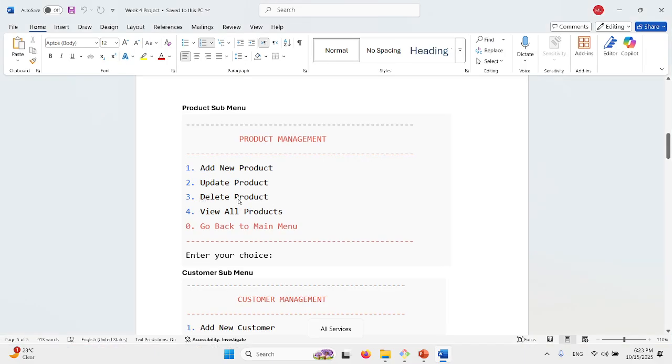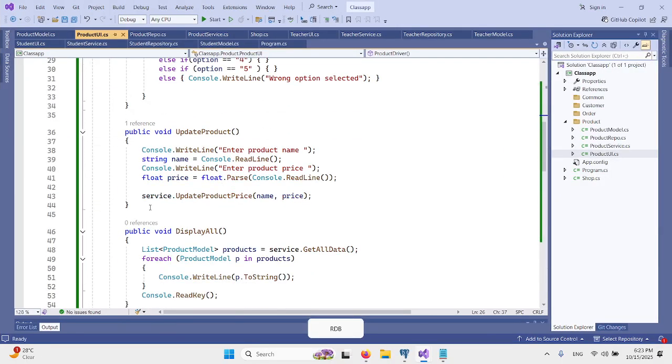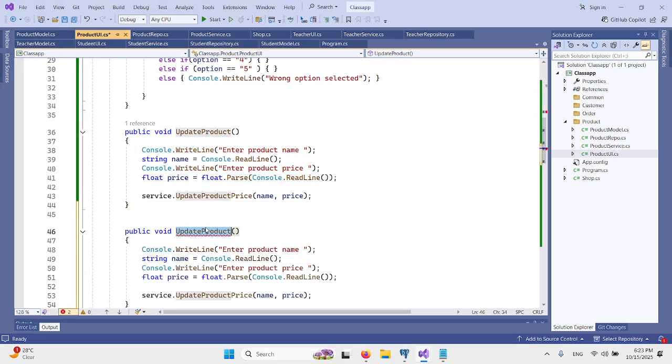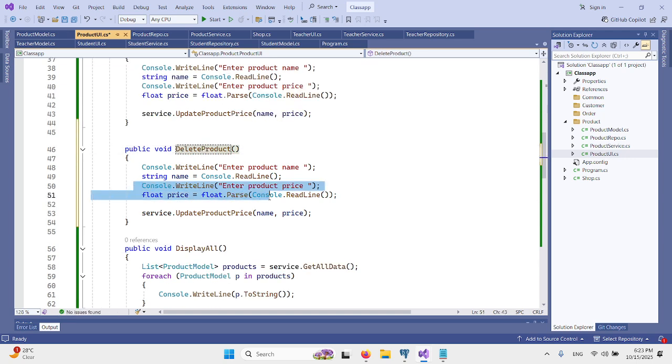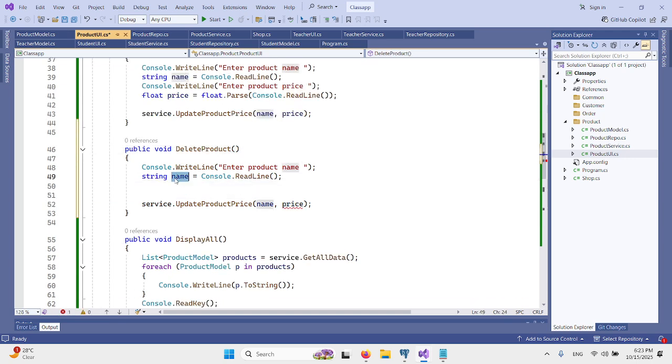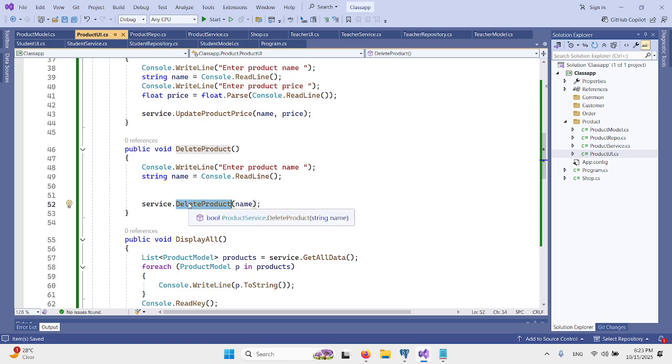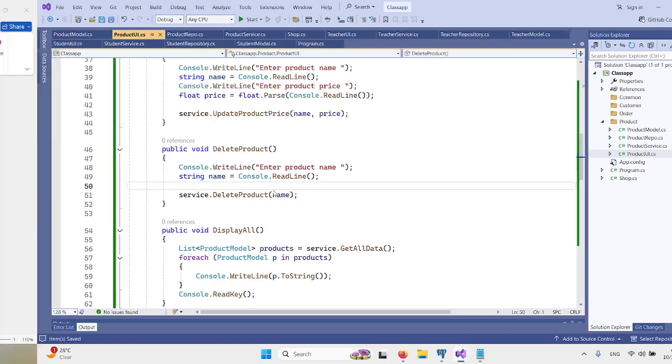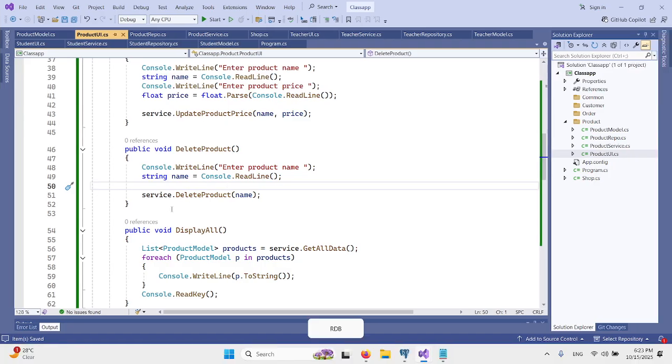And delete product. We have the delete function, so just copy it, paste, and make it delete product, because for delete we only need the name. We will pass this name to the function, and the function name is, I think, delete product. In service we have a delete product function, and what is next? View all products. So we have this function display all.